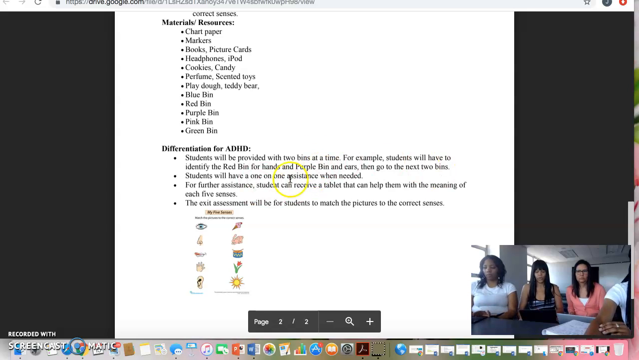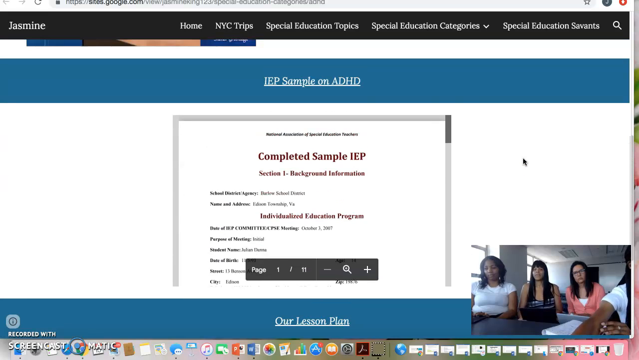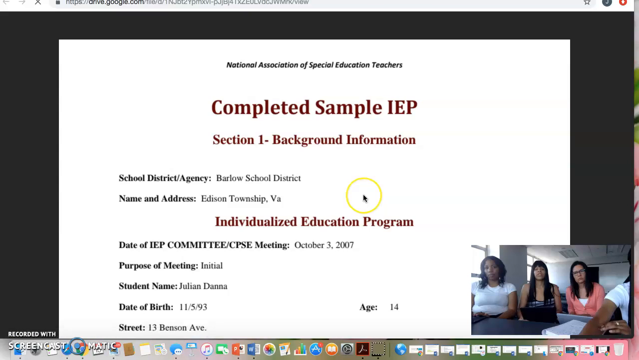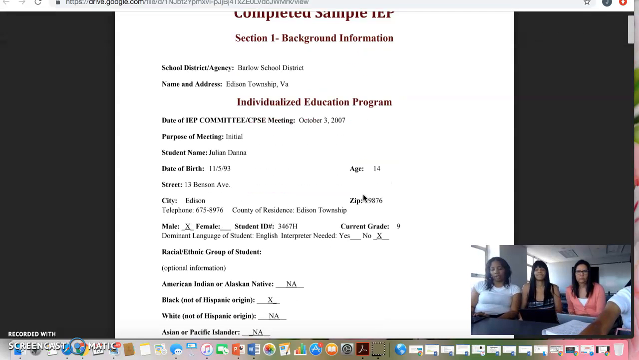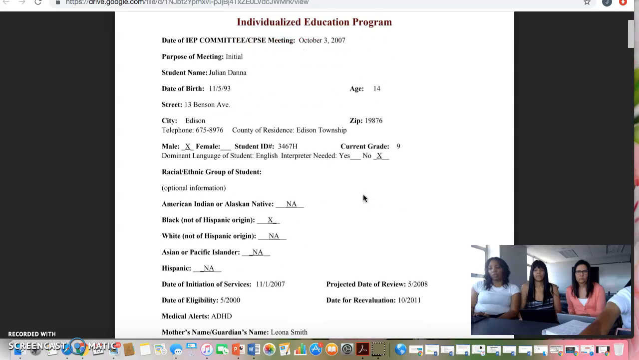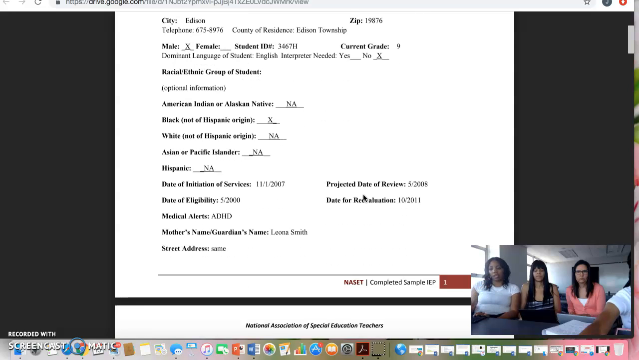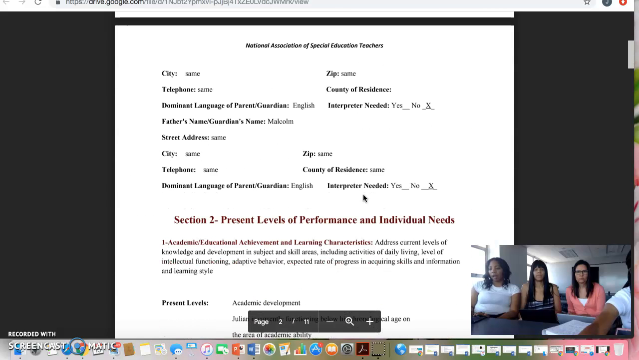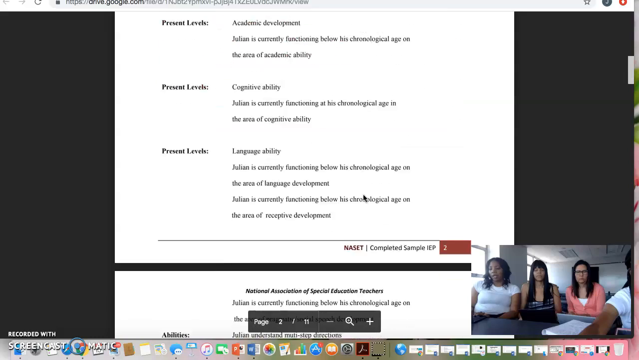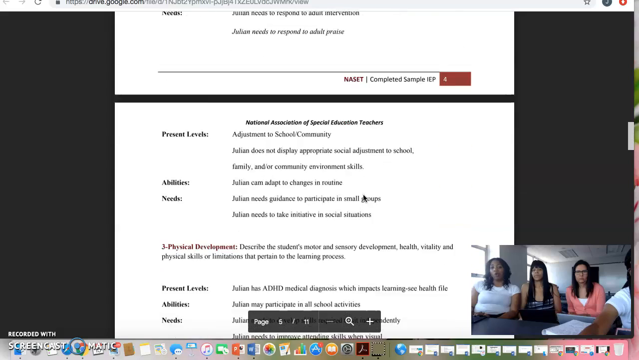Now we're going to turn it back over to Melody, where she's going to go over the sample IEP. A completed sample IEP is just a description of a child who has ADHD or any disability. It has a description, his birthday, his name, age, and it also has the level of performance the child has. So what is his present performance in all academic levels? It also speaks about his social development, his physical development, and his annual goals that need to be met